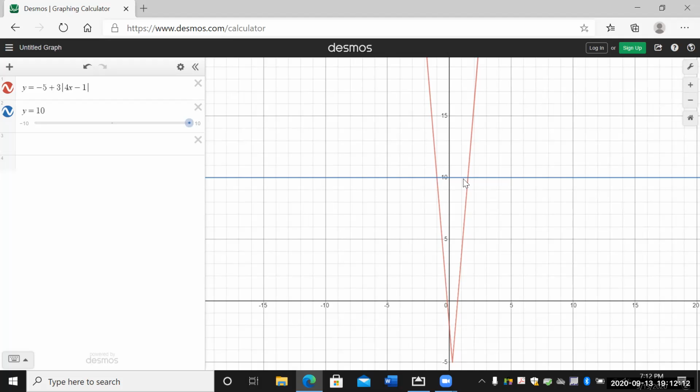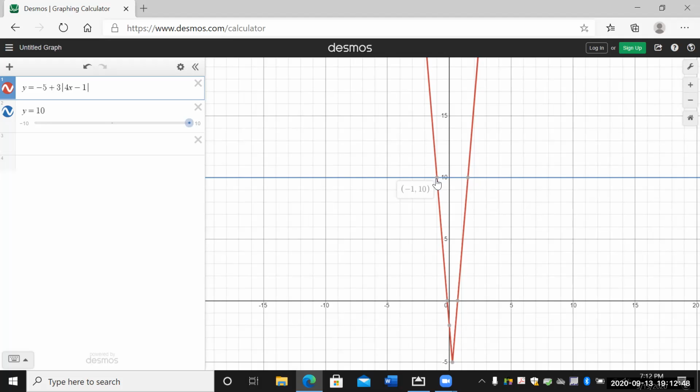So the solution to an absolute value is what X value is true, which makes the left side equal the right side. Left side equaling the right side means that it's going to be the point of intersection, okay, or points. Reminder that with absolute value, we often have 2 different values that will work, because again, distance from 0 could be going right or left. So let's look at the point of intersection here. And if I click on this point of intersection, notice I get the exact point here of negative 1, 10. And notice, what is the X value? The X value is